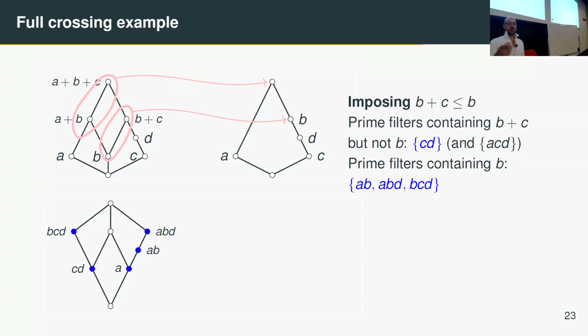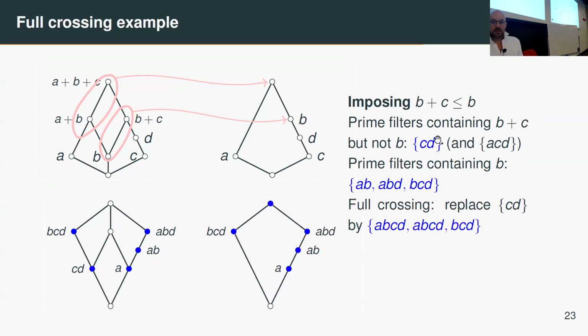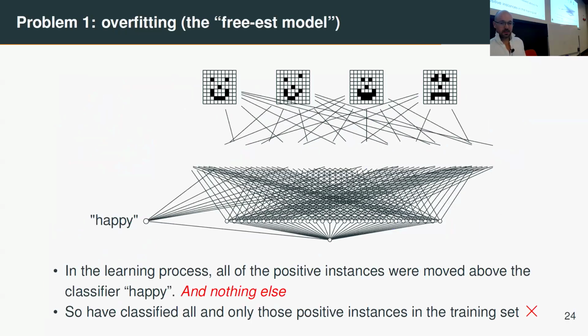And what we need to do is take those prime filters containing B and amalgamate them with these bad ones. So you just take the union of this bad one with each of these things here, and you get rid of that. So the full crossing operator, as they've called it, just replaces the offending prime filters by the union of that prime filter with all the other ones. And this is the new generators. And you end up with these ones on the right here. So we just lost this one essentially in this case. And you can see that we did indeed arrive at the dual of the original object.